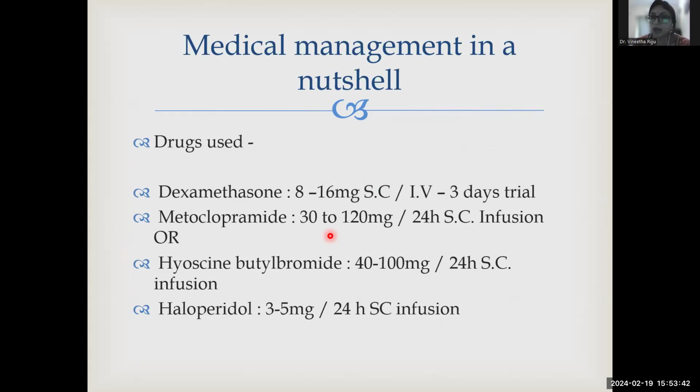And you have to combine it with an antiemetic. If it is a partial obstruction, you can go for metoclopramide where there is no abdominal pain. You can also try an anti-secretory like hyoscine butyl bromide if it's a colicky pain, to reduce the secretions and to reduce the colicky pain. One thing you need to know: do not combine metoclopramide and hyoscine butyl bromide because they cancel each other. Do not give both to the same patient at the same time. Haloperidol can also be given.